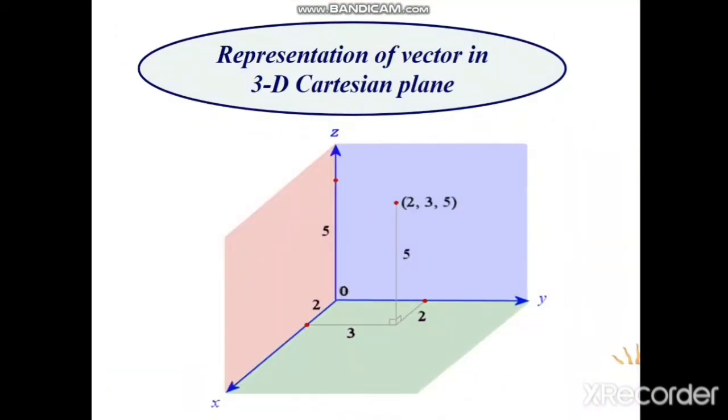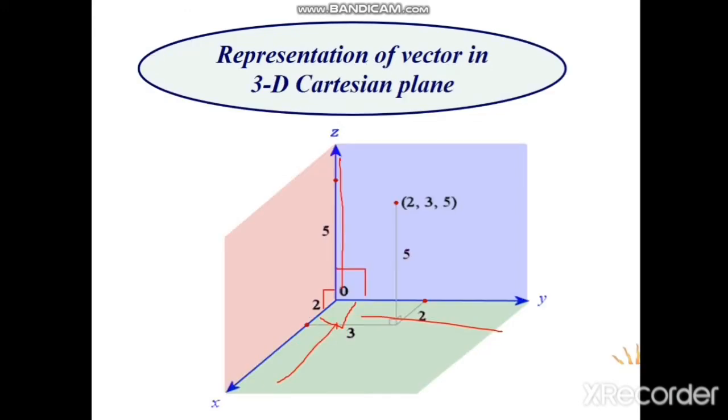In case of 3 dimensions, we have 3 axes. You can see this is the 3-dimensional case. This is the x-axis and y-axis. The angle between the x-axis and z-axis is 90 degrees. The angle between the z-axis and y-axis is 90 degrees, and the angle between the x-axis and y-axis is 90 degrees. So all these 3 axes are mutually perpendicular to each other. You can see an example by considering the corner of a room. That is also a case of 3 dimensions where we can take 3 axes.